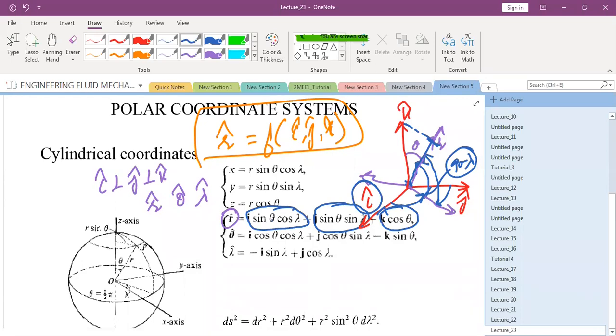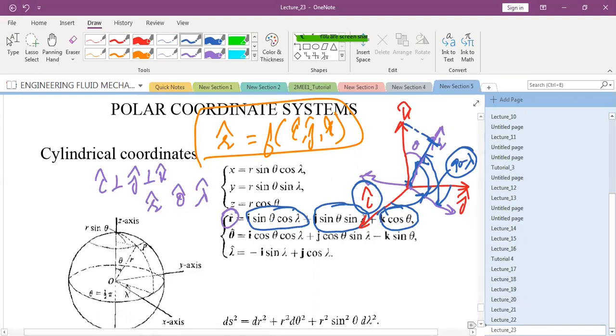So this is the way you define unit vectors in the new coordinate system as a function of your original Cartesian unit vectors. We have been doing this only for one purpose, because when we deal in cylindrical coordinates, spherical coordinates, we need to define certain things and we want to interchange the different coordinate systems. Then these concepts will help us to do that. And you will not get confused ever if you remember these.